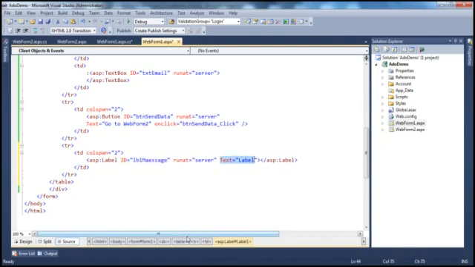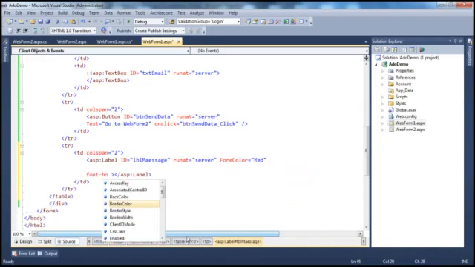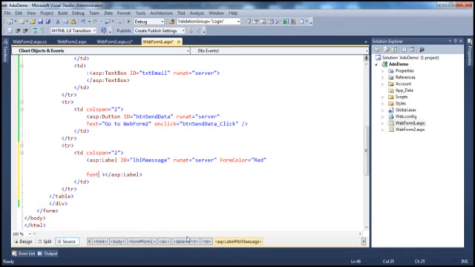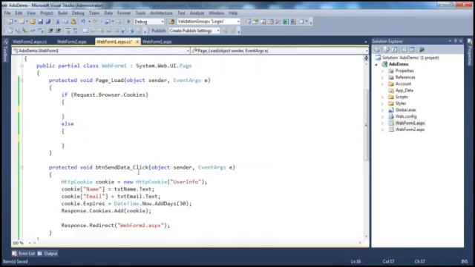Let's get rid of the text, and I'm going to set the ForeColor to red, and maybe Font-Bold is equal to true. Okay, alright, so now let's go to the code behind file, and then we'll say lblMessage.Text